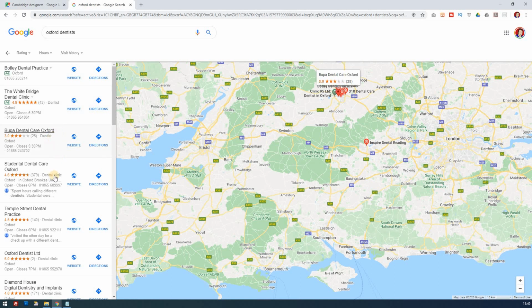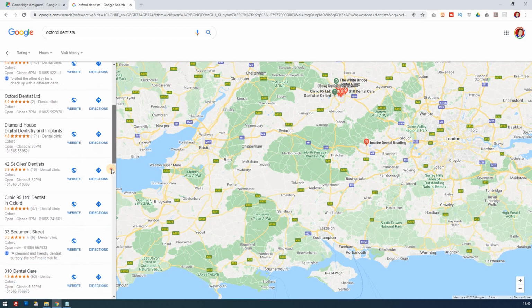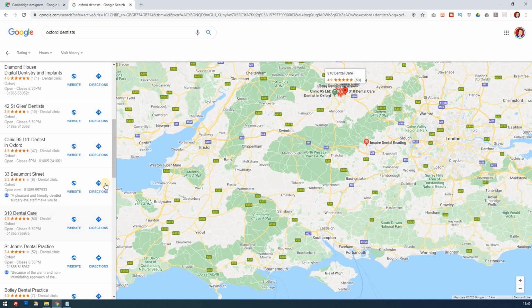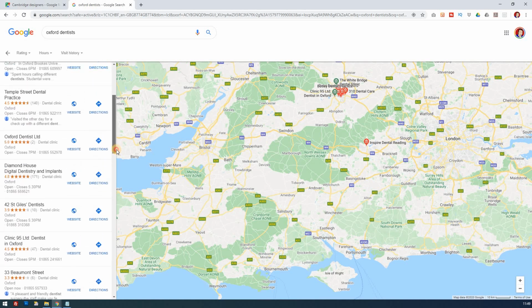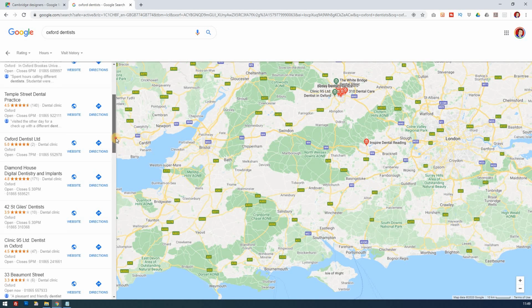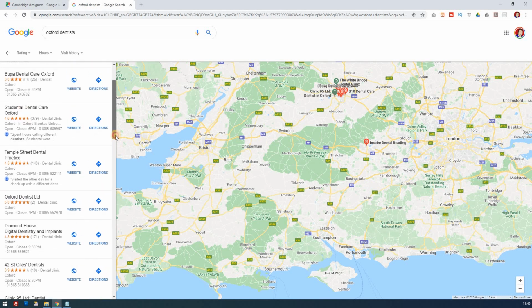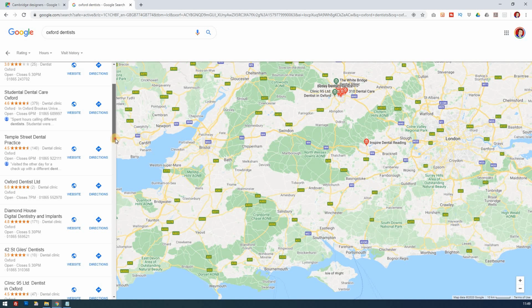So what do we notice? You notice first of all that dentist clinic, but dentist and dentist are 2 of the types of entries when it comes to categories. In fact, most of these seem to be dentist clinic. So we've got dentist here as well. So if you are a dentist in that area, you need to think, is dental clinic more descriptive than just dentist? So there must be a reason why one puts the other. So just consider that.